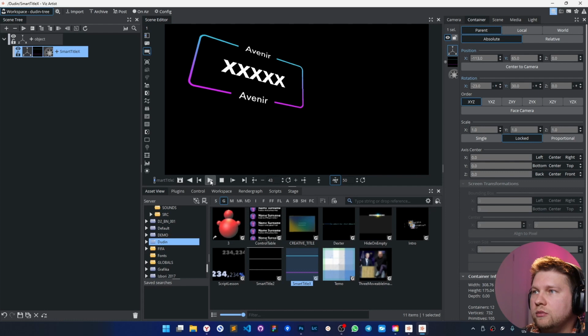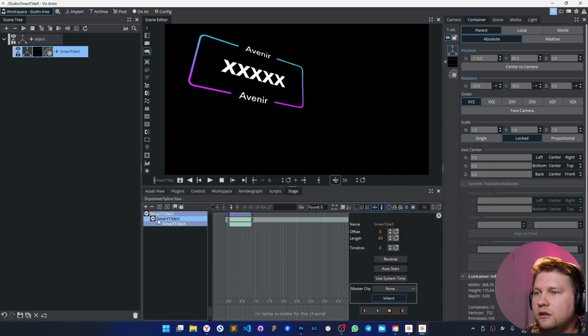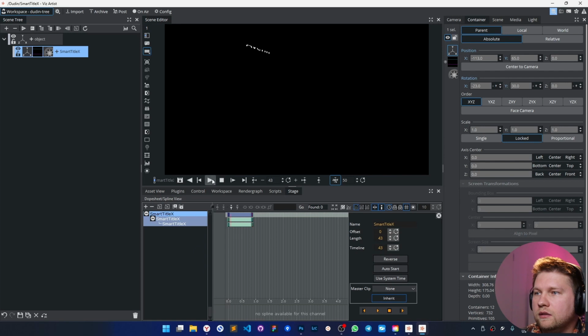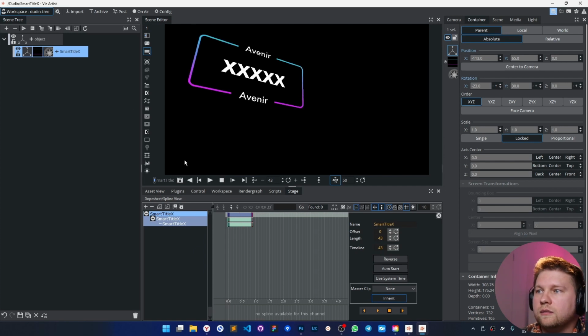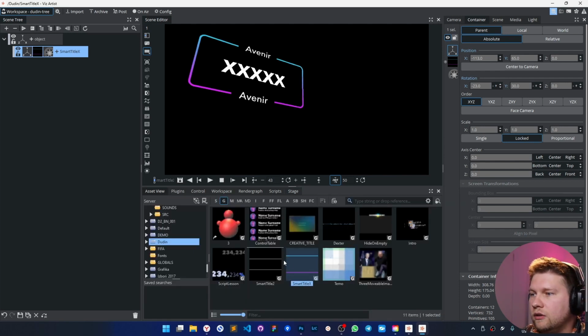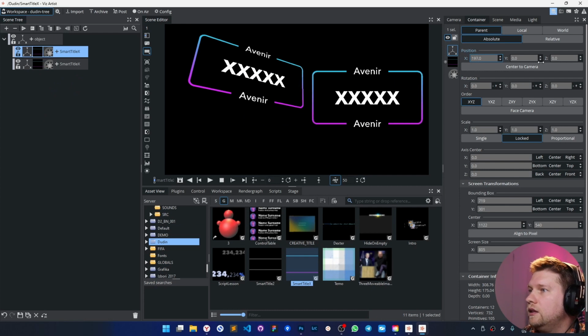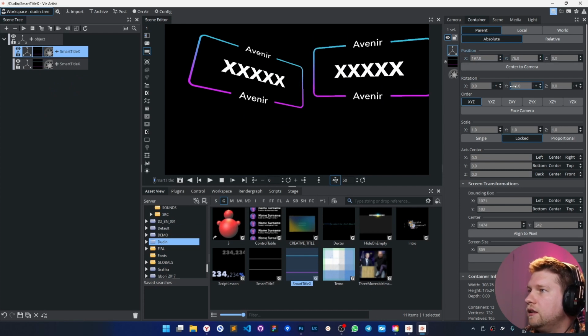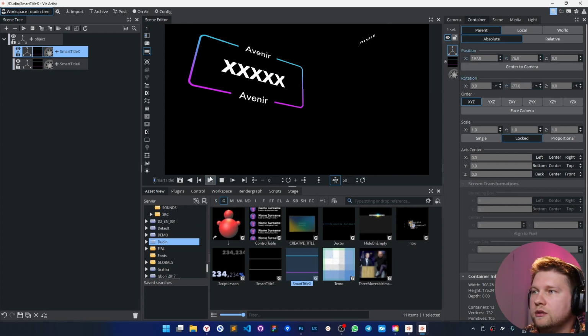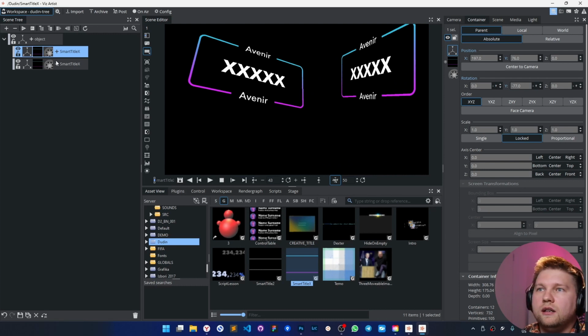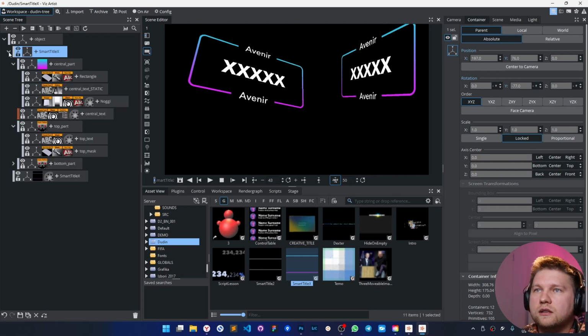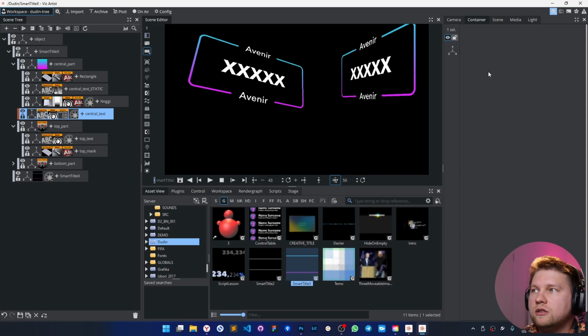Okay, now it should be fine. Let's go to the stage. So anyway, I can drop many of them, and they will be absolutely independent things. So as you can see, I also can split them up and change the text.